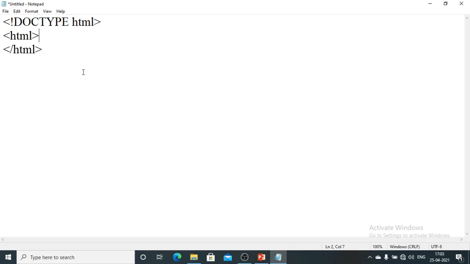It is my general coding practice. Then I will open the head tag and similarly close it immediately, as it's my practice, so that I do not forget whether a tag that has been opened is closed or not.